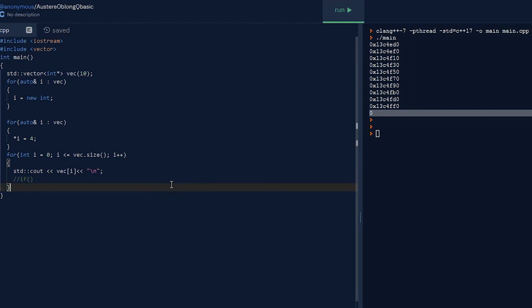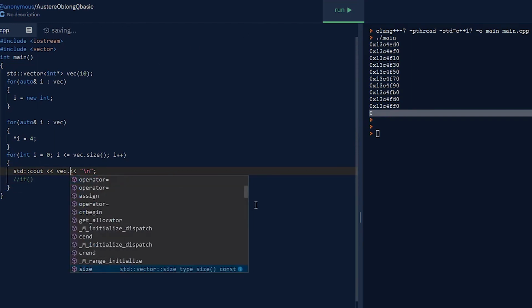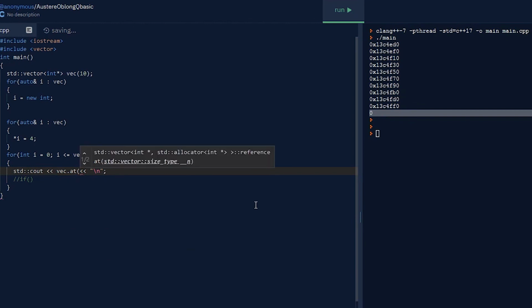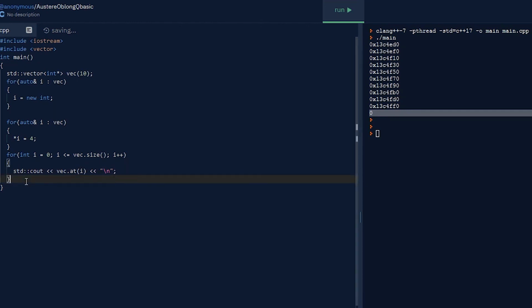So yeah, 0 in here. Oh, I have to do at. Now I know why. Yeah, sorry. Do at here. Okay. And now after I'm done with that, I'm gonna go for auto reference i in vec,